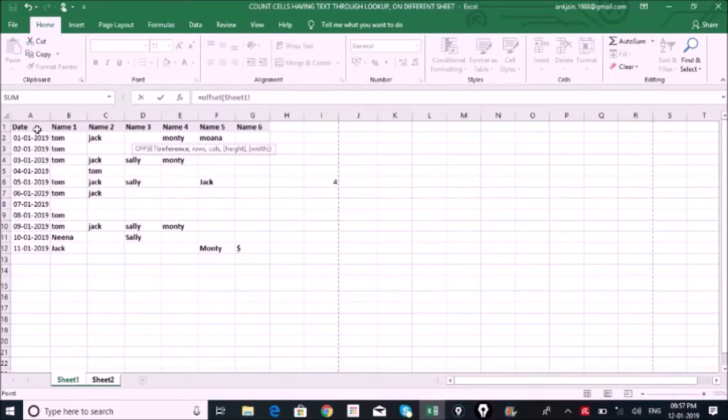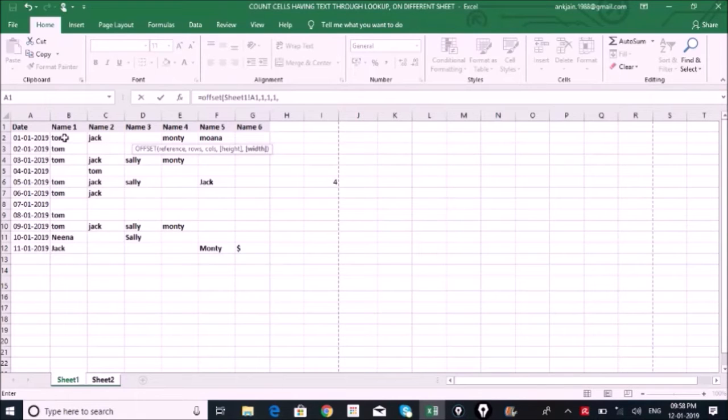To get on to the next row, let's have our offset function here. Reference is our date. We want to move rows by 1. We want this date. We want this row. It should move to this row and then to this column. So I'm providing 1 again. Now height and width are optional, but here we are going to use them as we want all these cells to be considered in offset. So height would be 1,